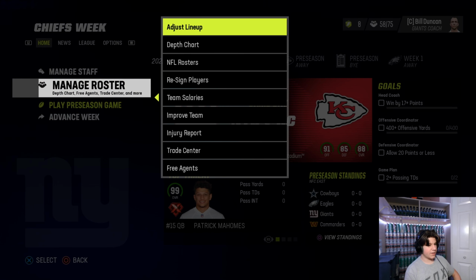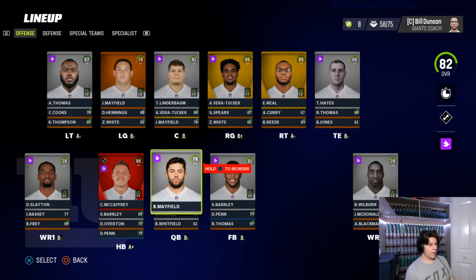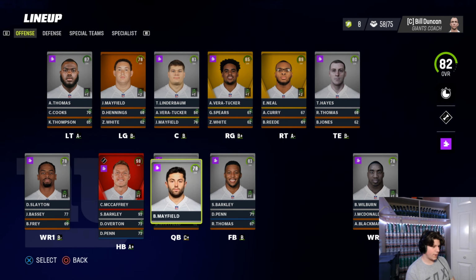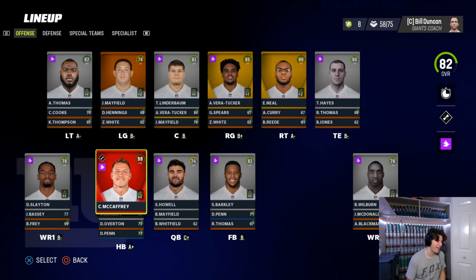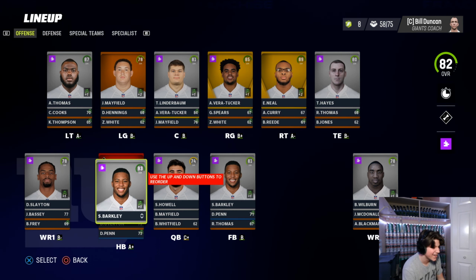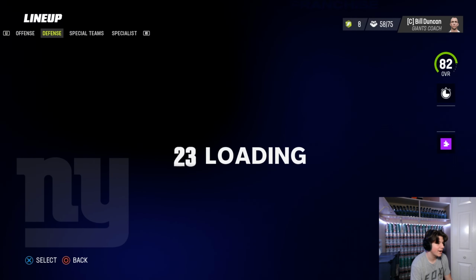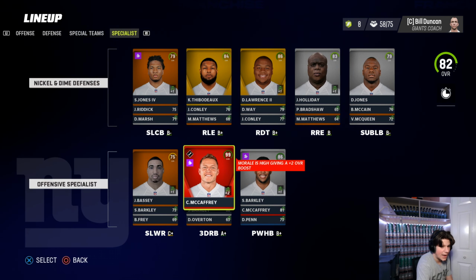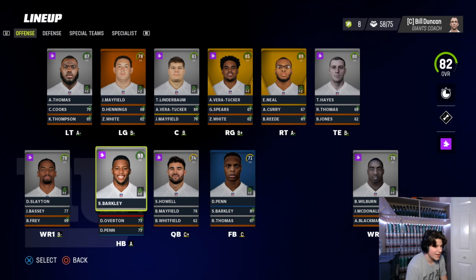And the team's offense is rated at an 85 overall. Hopefully they didn't bring in like a stud quarterback. They did. I don't care. Sam Howell is up to star development as well. We're playing him over Baker Mayfield. And Christian McCaffrey's on it. Christian McCaffrey and Saquon Barkley are on this team. Oh my god. Of course they are. What we're actually going to do is put Saquon here and then go to specialist. Then, yeah, Christian McCaffrey should be at third down back. This is one hell of an offense, and I'm sure that